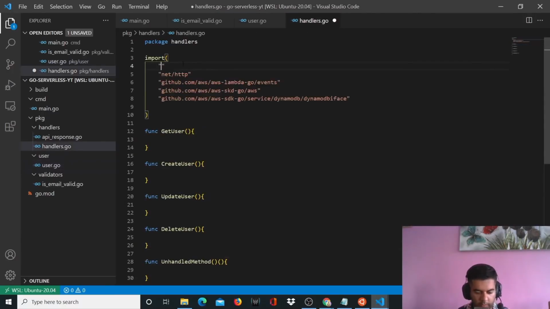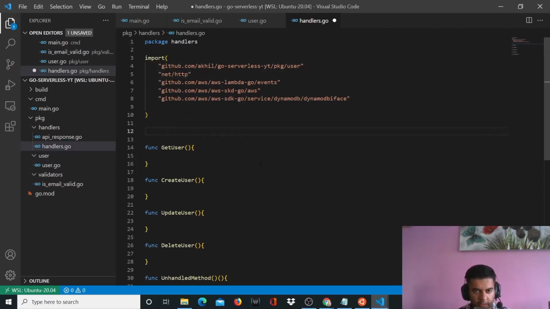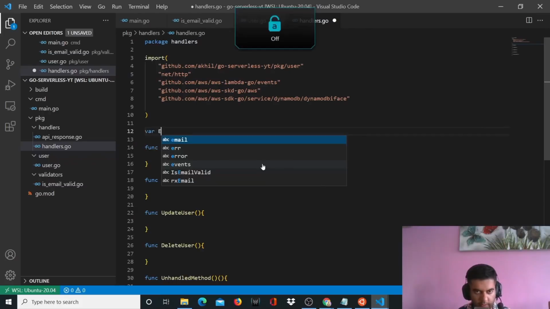How would I do that? I would say github.com/akhil/go-serverless-yt/package/user. So inside package, inside the user package, we've imported it here. All right. And then before I get started with these functions, I want to define a variable called ErrorMethodNotAllowed